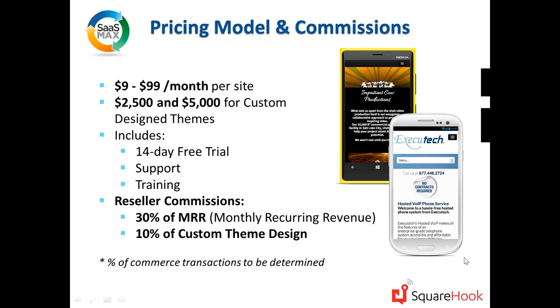All of our sites include a 14-day free trial, full support and training, and the reseller commissions from us would be 30% monthly recurring revenue ongoing, and then any custom theme design projects would be 10% of that. We'll also have, as we roll out our e-commerce model, a percentage of commerce transactions that would go to you as well on a month-to-month basis.